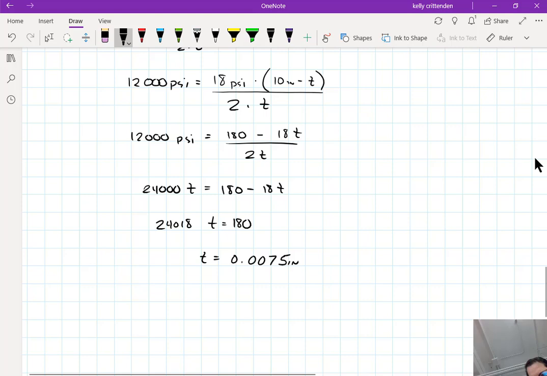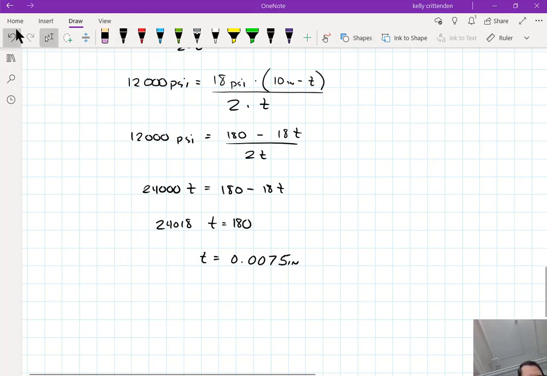0.0075 inches. So all this does, though, is predict the necessary wall thickness for the internal pressure to not explode. It doesn't account for any other stresses that might be imparted on the basketball, like dropping it on the ground or something like that. But